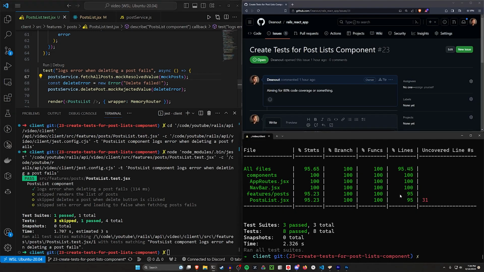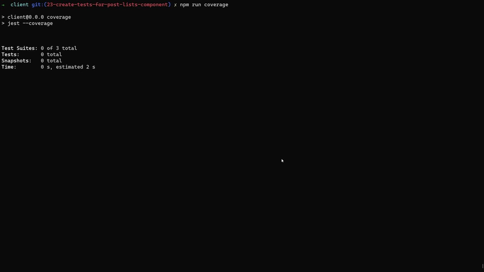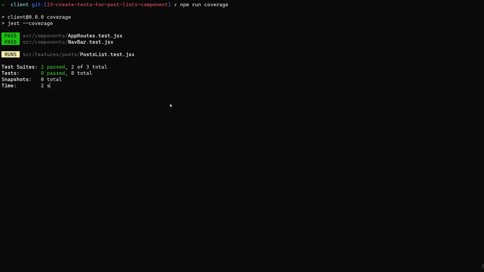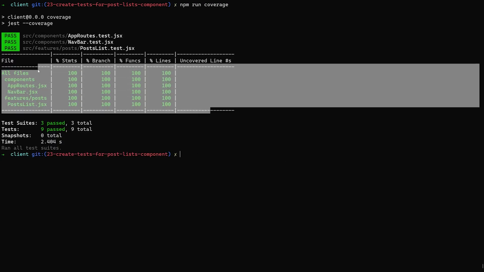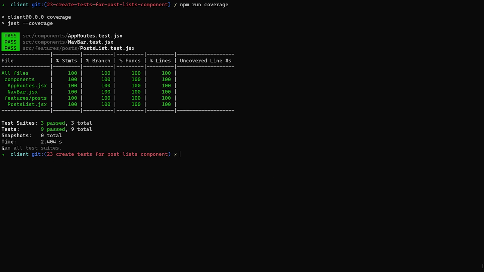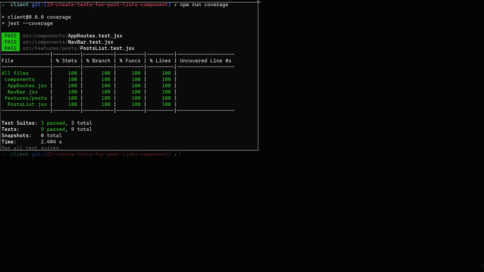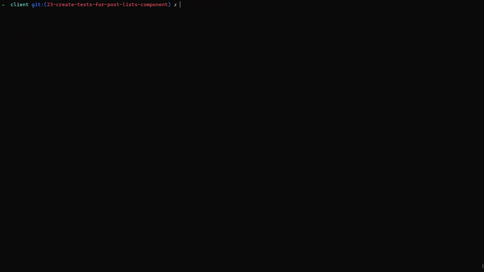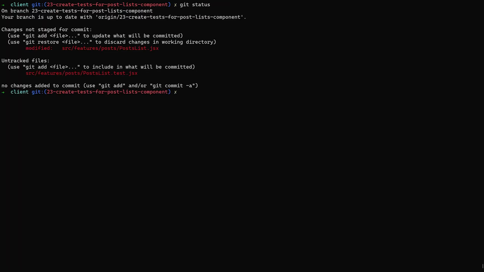And then we can come over to our terminal one final time. We can run npm run coverage, just like this. And now we can see we have a perfect 100% code coverage, which means our middle managers are going to be happy with us. So we can go ahead and grab this. We can do a git status to see what we changed. We changed our post list and our test, which makes sense because we had to modify that text. So that's good. Let's do a git add ., git commit -m "implement posts list tests",